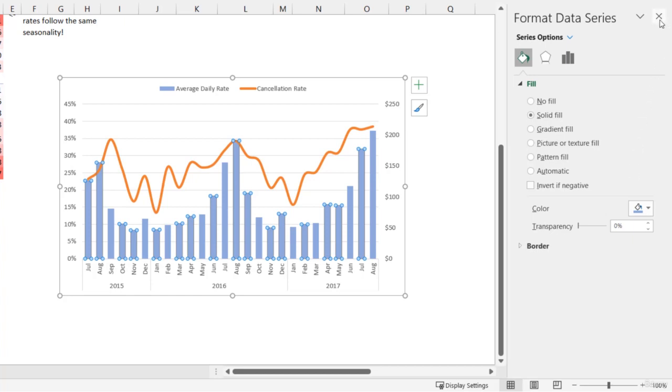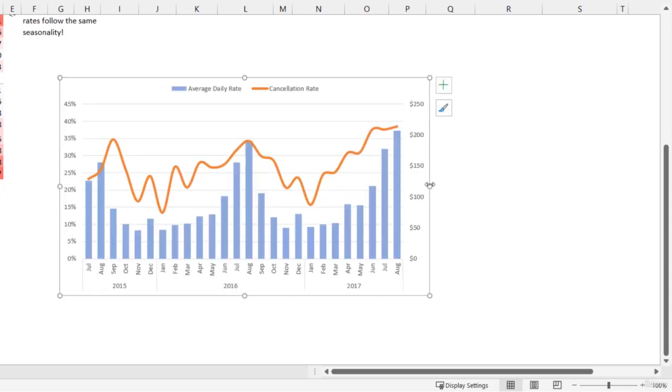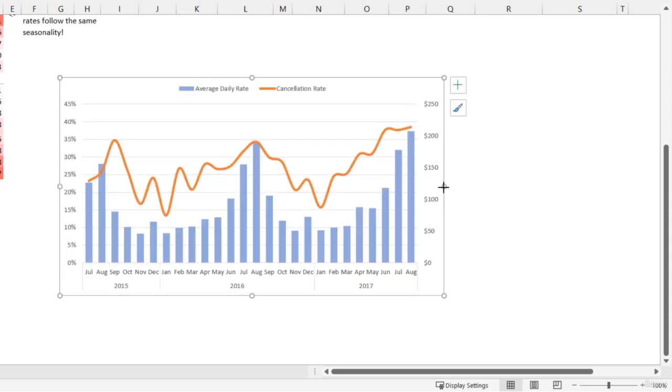Alright, that's better. Now, looking at my x-axis, I'm not a huge fan of the text being aligned vertically this way. So let's see if I make this wider, if that will fix it. Looks like it did. And now let's talk about the elephant in the room, the grid lines here. Now, I know that I usually remove them, but I do want to show you a way that we can